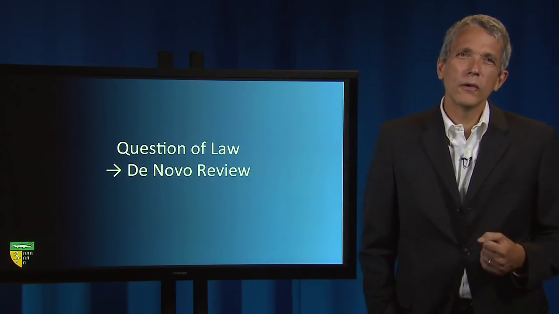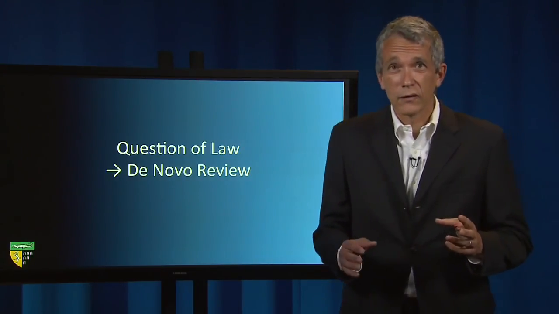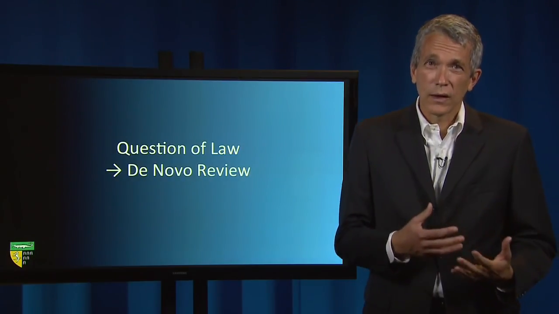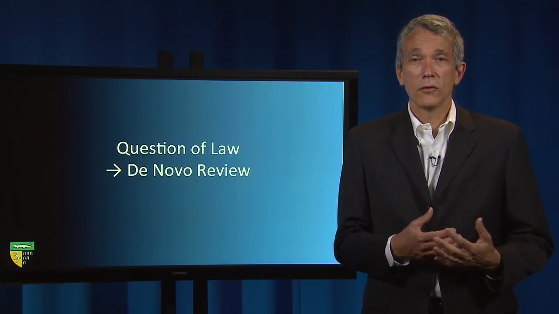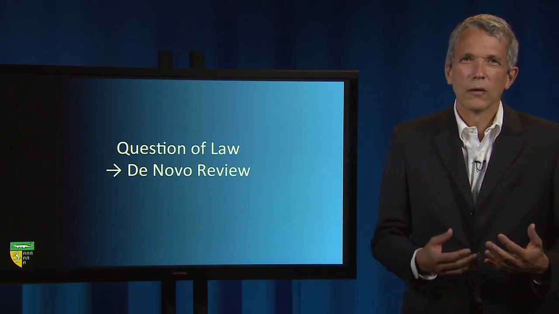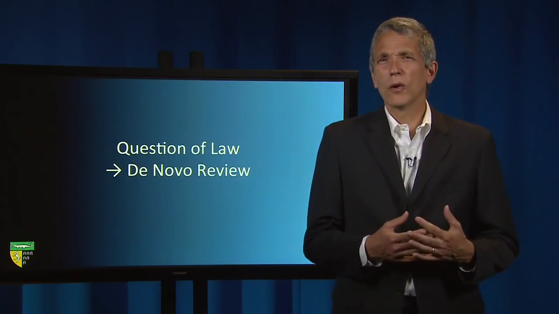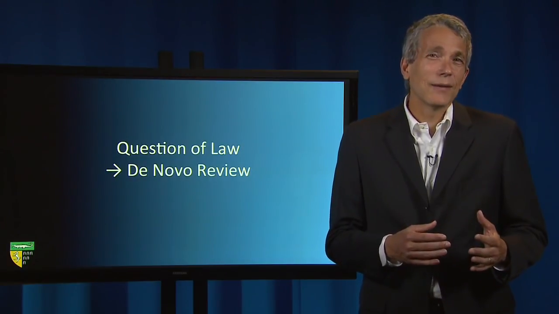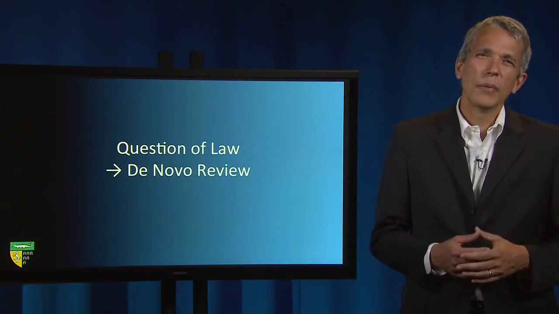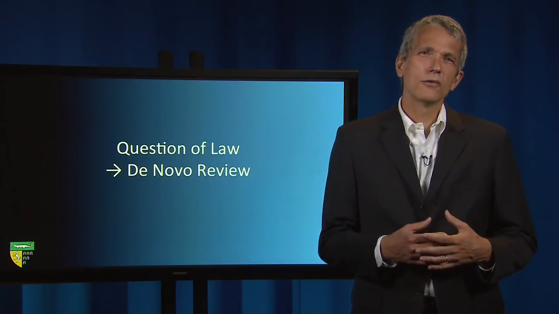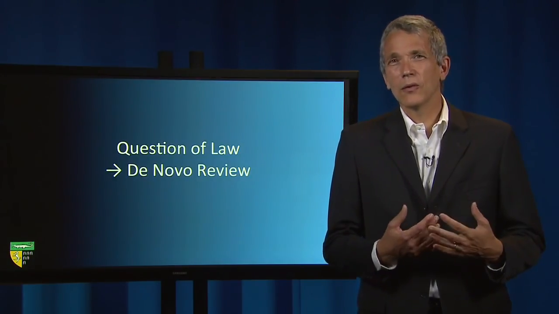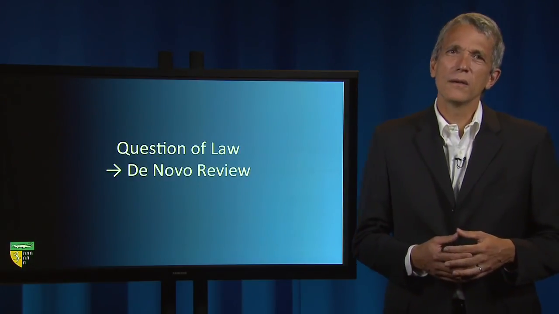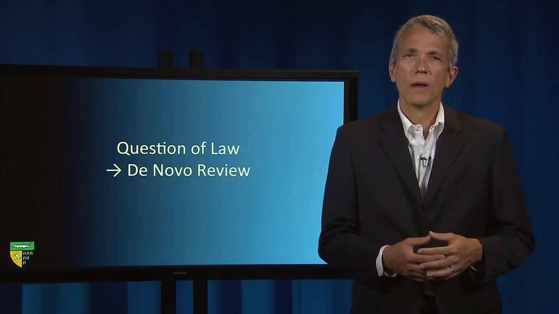Questions of law are reviewed on a de novo basis, meaning that the appellate court should decide those kinds of questions as if it were deciding the issue from scratch, de novo. The reasoning of the lower court's analysis should only be deferred to the extent that it's persuasive. Appellate courts, as a theoretical matter, should treat the reasoning of the trial court as though it were an additional brief from one of the litigants, something to be considered but not deferred to.